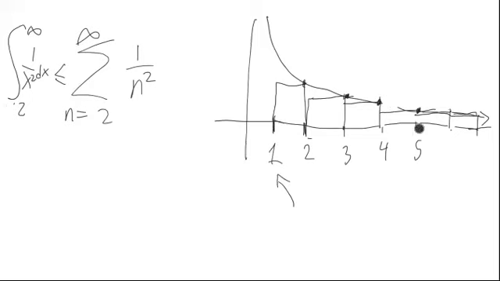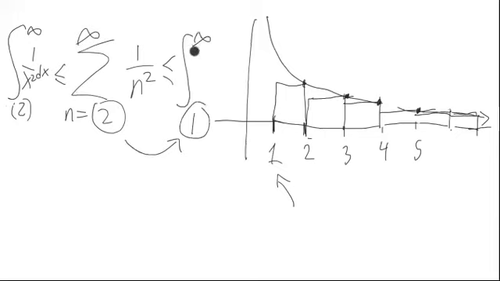So to get more area, if we go back, we get more area. So go back and we'll be bigger than the series. Here we stayed at this point to be smaller than the series, but then we go backwards one to be bigger than the series. Now, also keep in mind, the only real reason why this comparison worked was because our function was decreasing itself. So let's add that criterion.